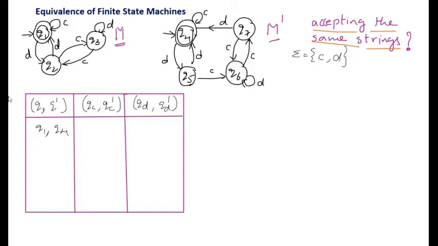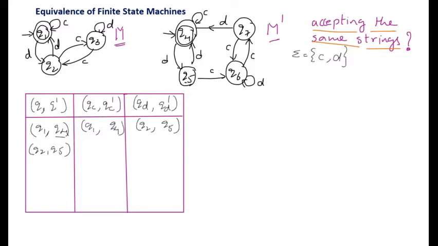Q1 on C moves to the state Q1, so Q1. Q4 on C moves to the state Q4, so we write Q4. Q1 on D moves to the state Q2, so we write Q2. Q4 on D moves to the state Q5, so we write Q5. The new pair in the row must be introduced in the first column. Q2, Q5 is the new pair, so we introduce that in the first column.